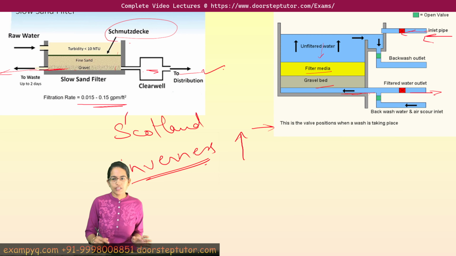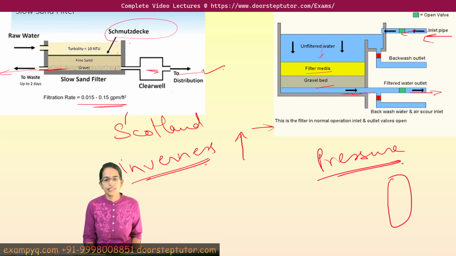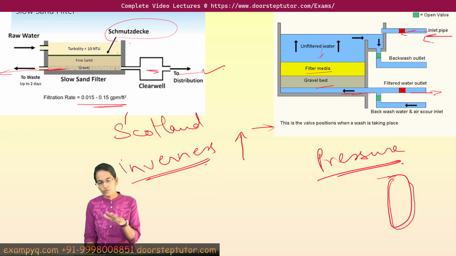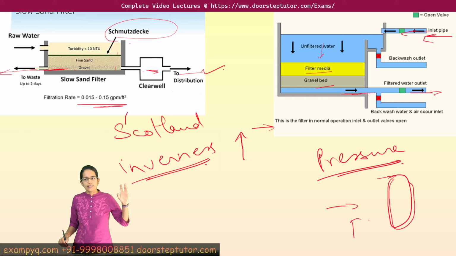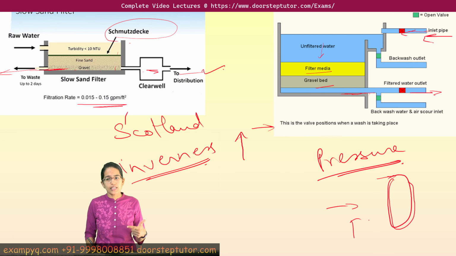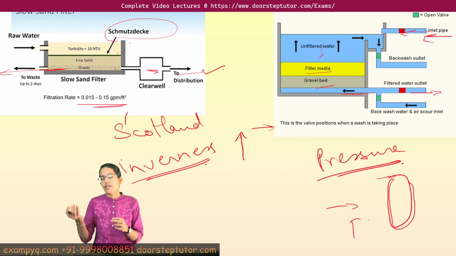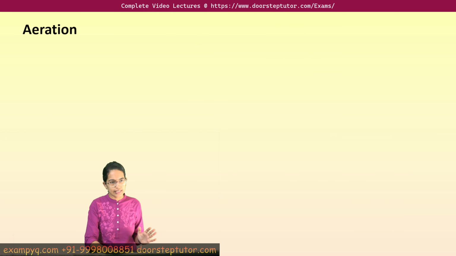The next is the pressure filters. Pressure filters operate similar to the gravity filter, but they are enclosed in a cylindrical structure. They have a hydraulic head and they do not require any additional pumping of the water. So these could have horizontal flow of water or vertical flow of water, as we discussed in the previous slide. The important thing is they could be either coated with steel for bigger capacities or use smaller glass reinforced plastics, but the basic idea is that through the pressure flow the dirt is segregated at this point.